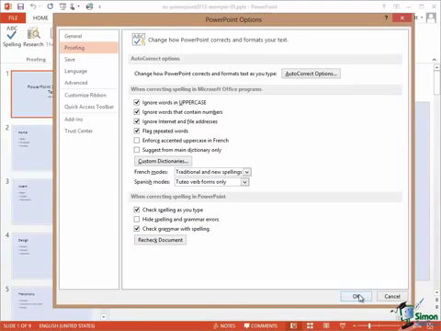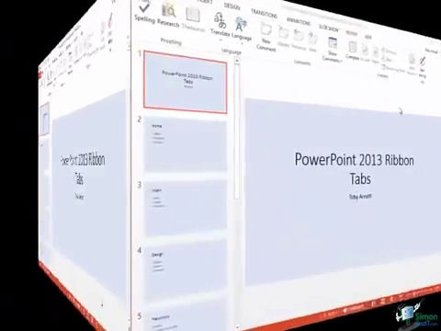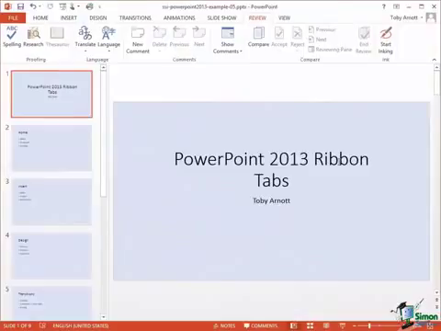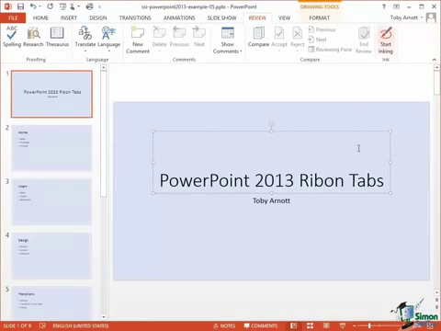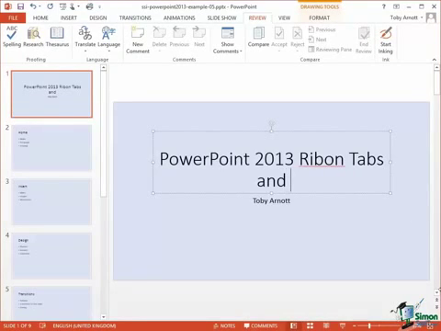So click on OK, and let me show you how that works. Let me now deliberately make a mistake in the word ribbon. I'm going to misspell it. I'm going to take one of those B's out, and I'm going to click on the end there and type. Now, what's happened is that PowerPoint 2013 has spotted what it believes to be a spelling mistake, and it underlines